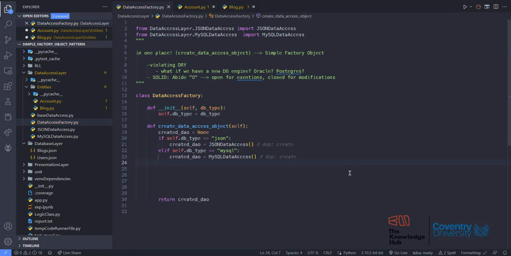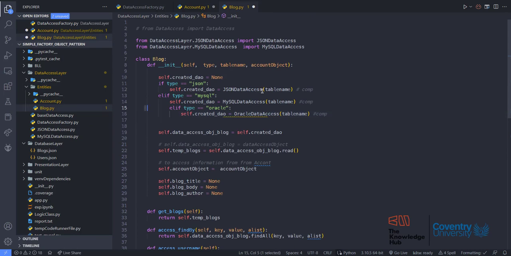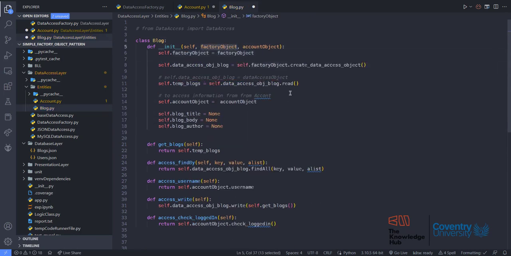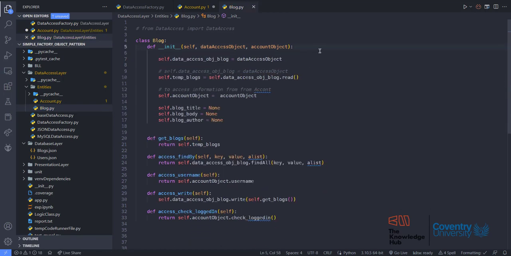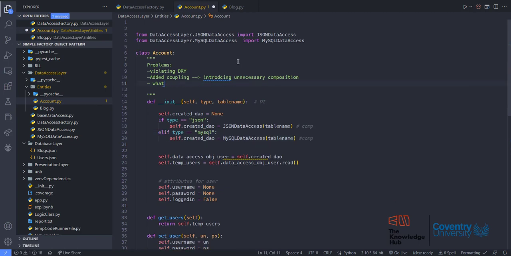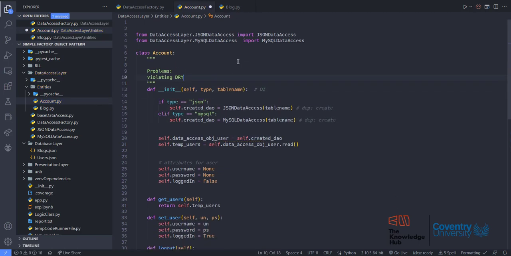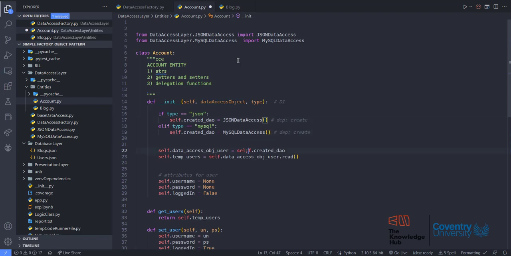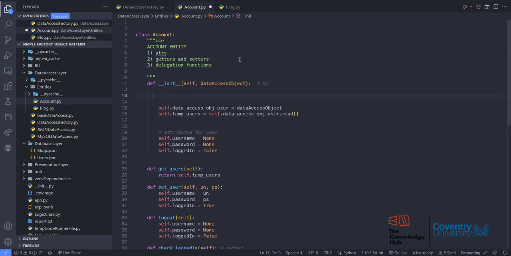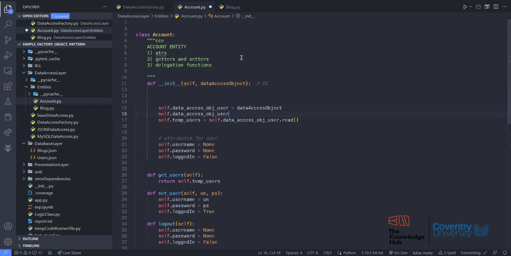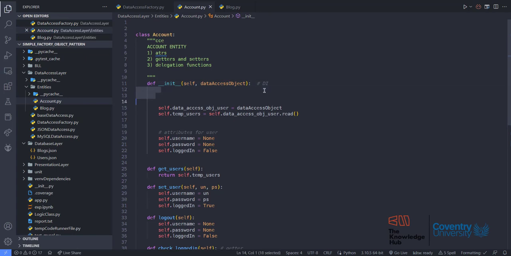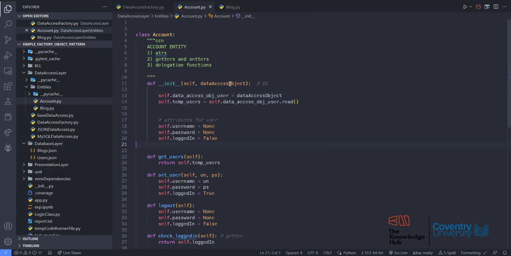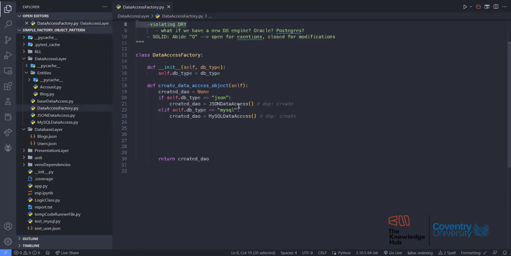So I'm just going to delete that because we don't really have these two cases. I'm going to go to my previous implementation. Okay, in the account. Okay, so this is how things were previously. Now let's continue our data access factory. Now you know that